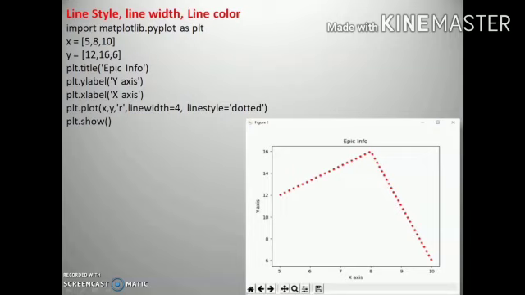If you want to change the line style, line width and line color, you can use here 2 attributes. For line width, you can use linewidth attribute. R is used for color of the line, R for red color, as you can see in the diagram, and the width of this line is 4 and line style is dotted. So it will draw a straight line with dotted symbol. You can change the line width, increase or decrease, and change the color also.